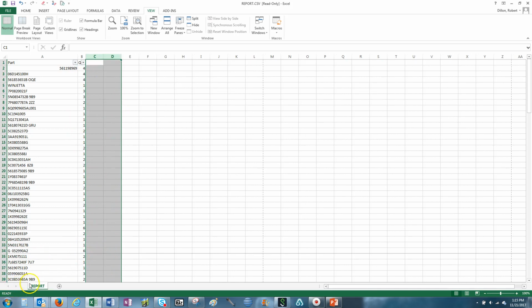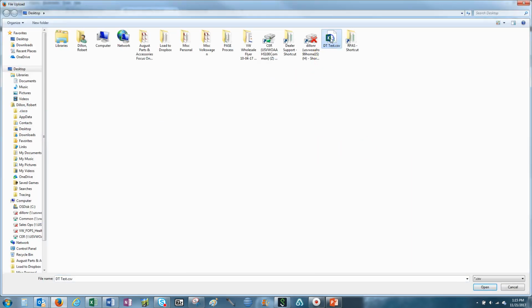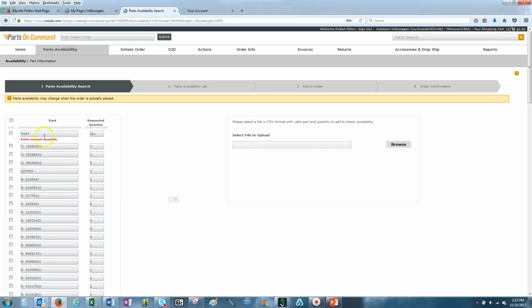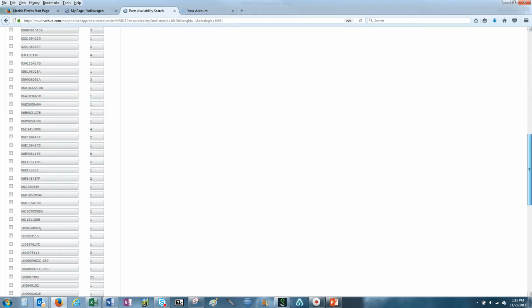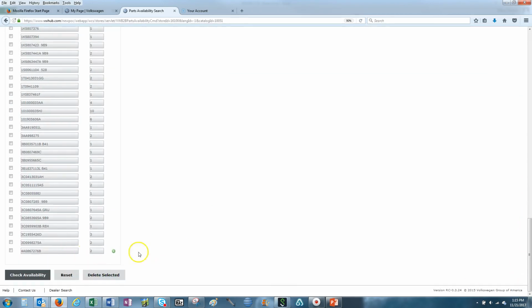Now, I already had this done already, so let's go ahead and bring that file in. I'm going to browse for it. Here's my test. And once I get that, I can go ahead and check availability. Oh, if you saw, I did not delete the header right here, so it's going to recognize it as not a good part number. And also, if you see here, somebody didn't use the EXD part number for a touch-up paint. So I'm going to go ahead and delete those, so that way we can go through with the rest of them. Let's go ahead and hit delete,